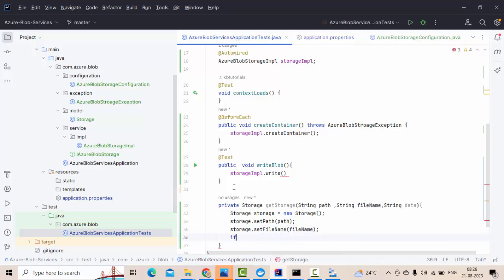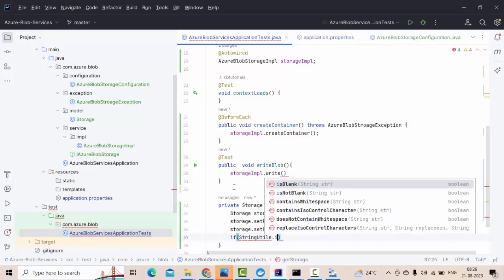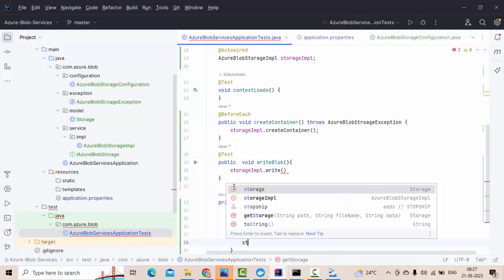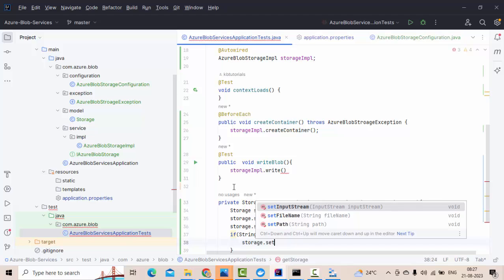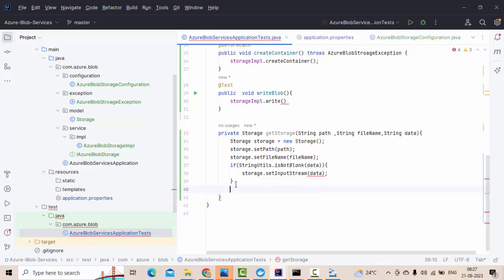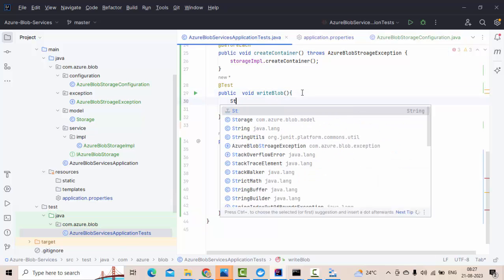There is one thing before input stream. What I will do is StringUtils dot isNotBlank of data. If that's the case, then I can use storage set input stream of data. Then I can simply return this guy, which is nothing but storage file. Okay, this will be nothing but storage